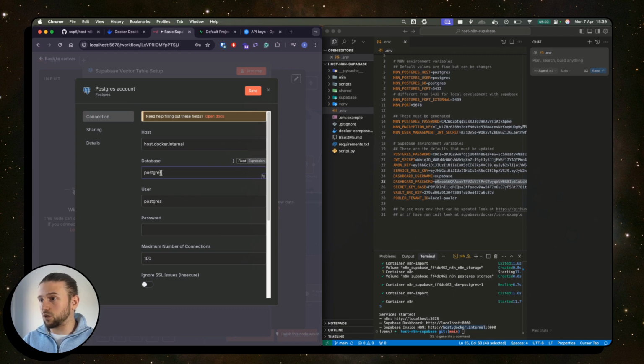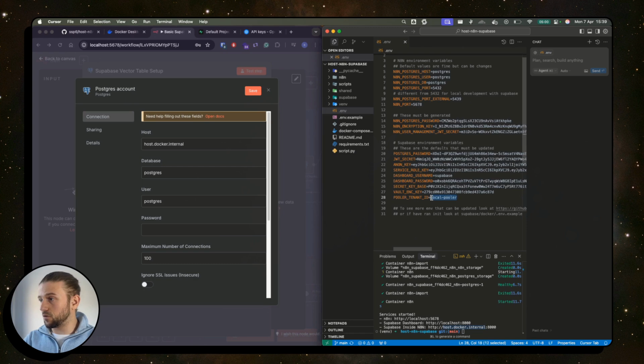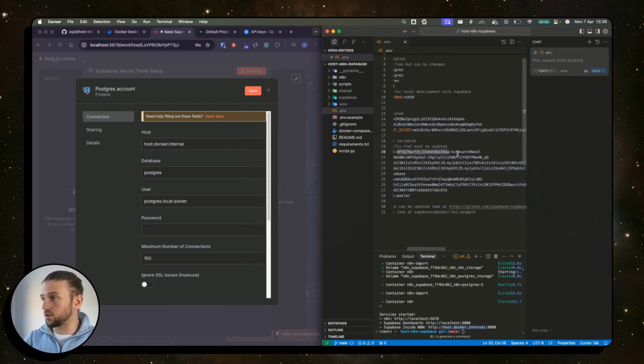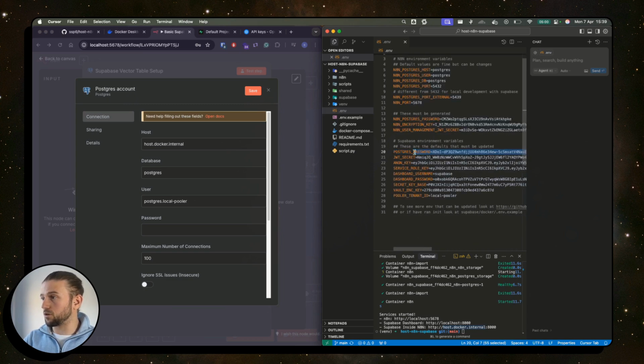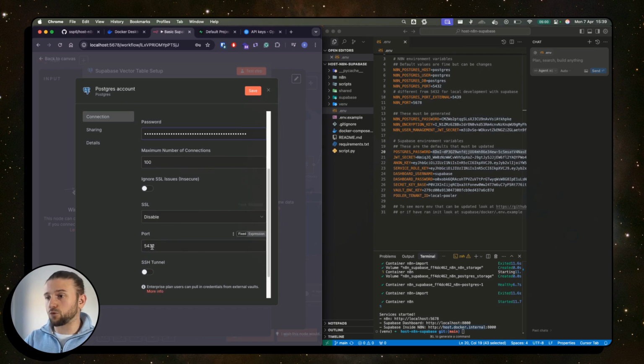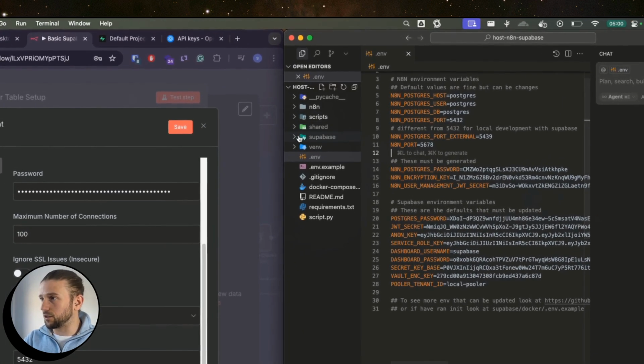The database we're using is Postgres. The user we're using is Postgres, but we also need to include our pooler tenant ID. So it's Postgres.local pooler. Our password, which is unique to our instance, is this Postgres password. And then the port that we're using, normally for Postgres you use 5432, but in here